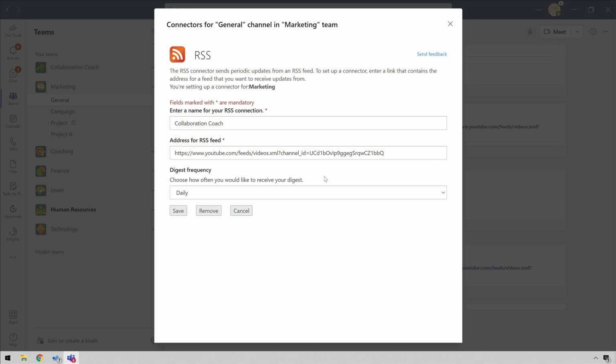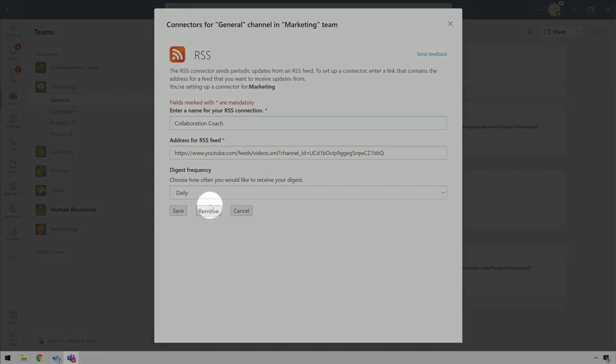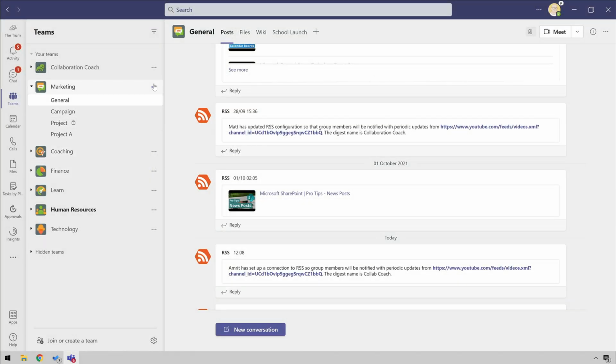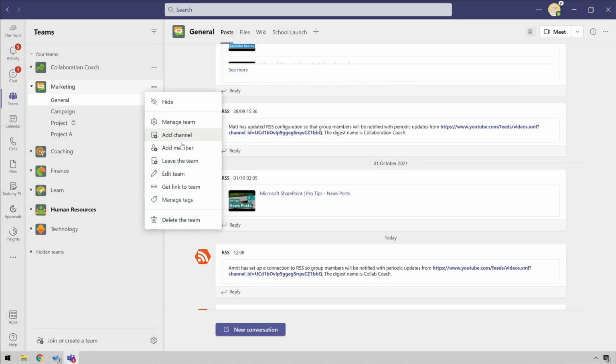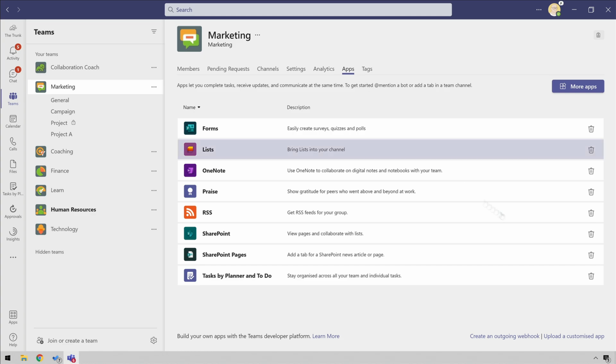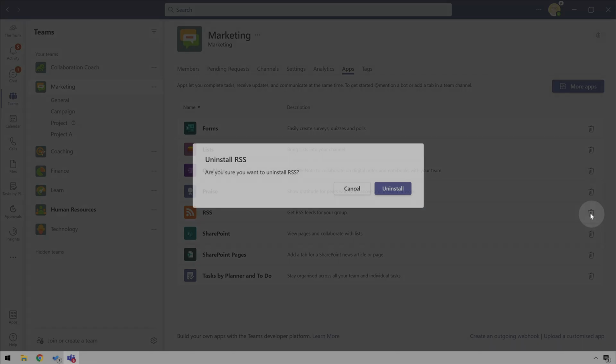Then open up the feed and you can change the settings or remove it altogether. And if you want to delete the RSS app to remove all feeds, go to the ellipsis next to Team, choose Manage Team and then Apps. And you can use the bin icon and that will remove all the RSS feeds.